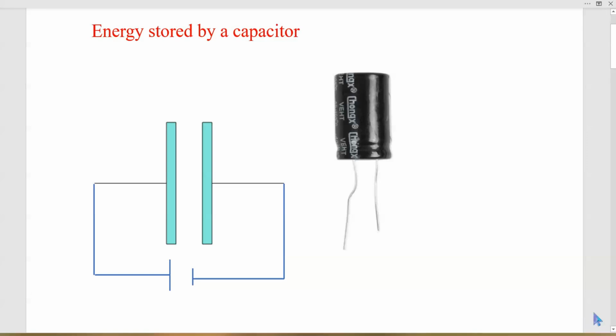Hello, my friends. Today we are going to be talking about energy stored by a capacitor. We know that a capacitor is a very important device in analog electronic circuits. When you search around, you'll find that most of the electrolytic capacitors look like this. This is an electrolytic,